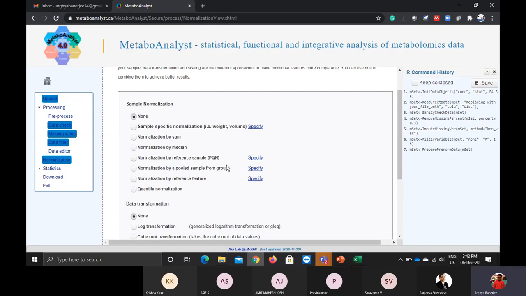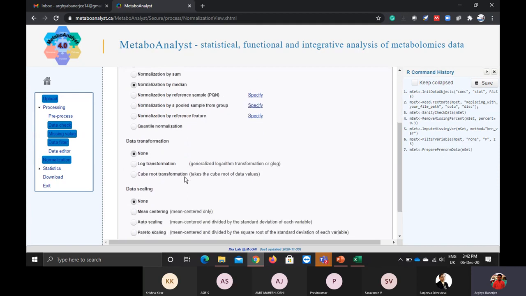If you have used a pool, you can normalize using the pool. I told you why normalization is important: handling deviation, batch effect, instrument errors, they can all be brought to the same scale with the help of normalization. I will generally go with median normalization, but in your case you are free to select any normalization which better suits your sample.